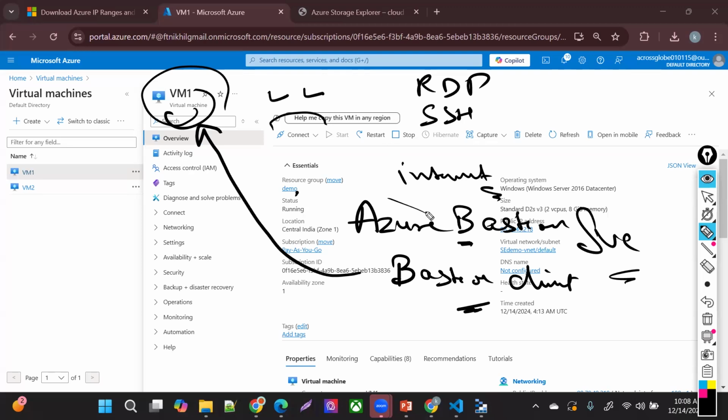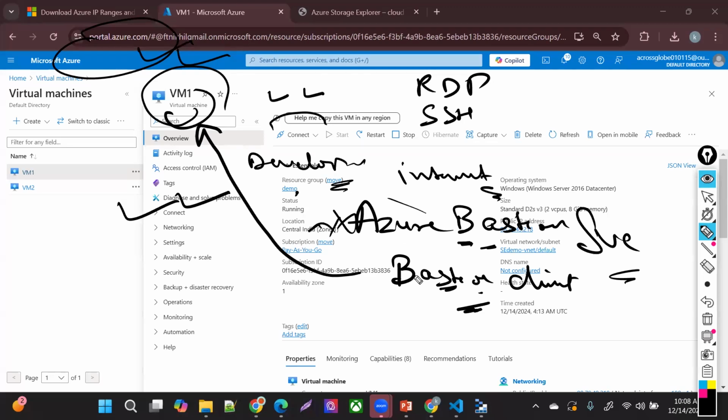Now, there are a couple of things you need to keep in mind. To use Bastion access, you need to have Azure portal access. If we do not provide developers with portal access, then this Bastion service is not for them. But a person who has portal access can browse for the Bastion. It's a more secure way. How? Let me show you that.